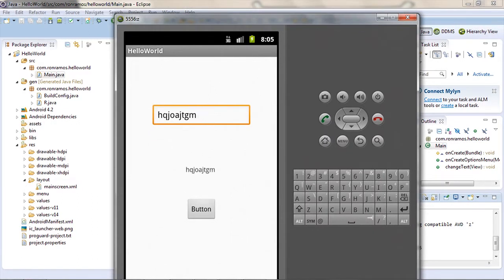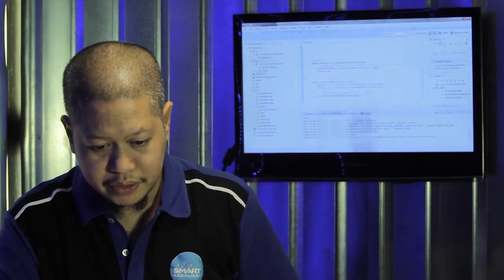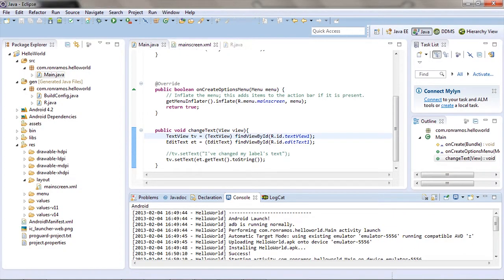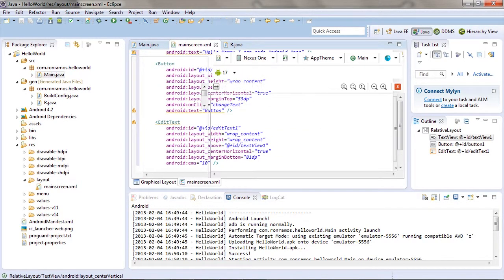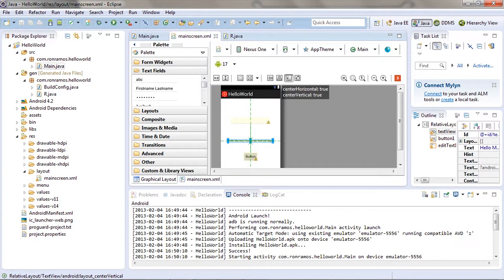So what else can we do with this? Basically, you can start exploring other widgets, and they work the same way. If we go back to our application, so we know we can basically drag and drop widgets using the graphical layout. And what we've done so far, we put in a text box, we put in a label, and we have a button. If we want to edit some of the items there, we can go to the XML file